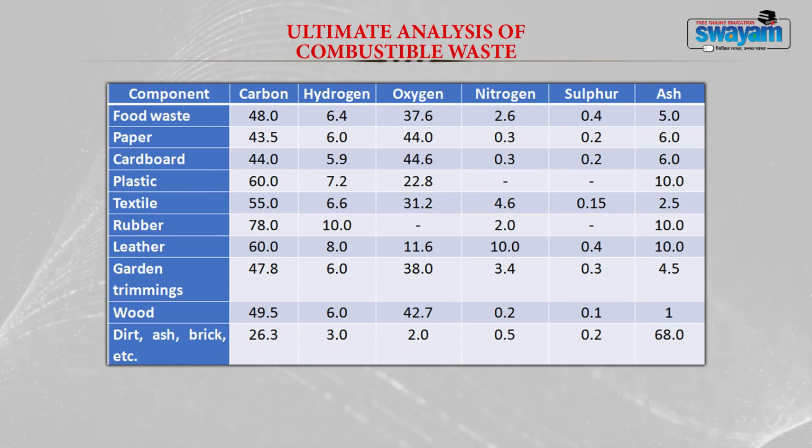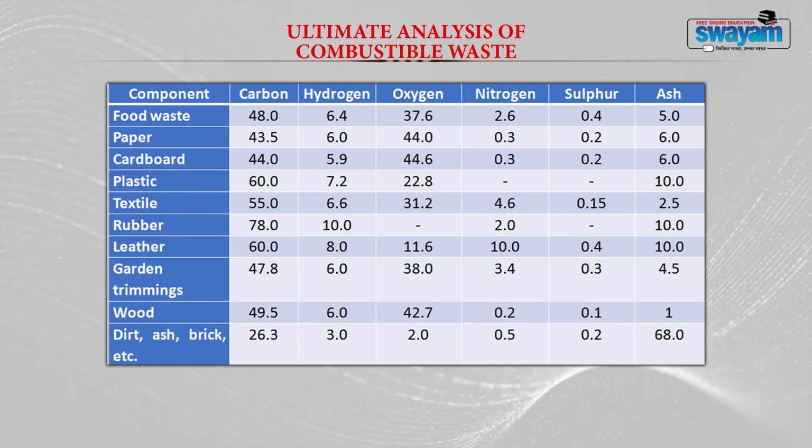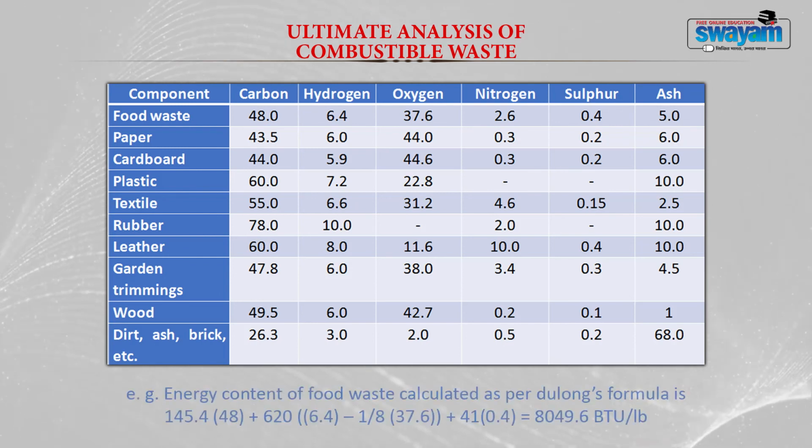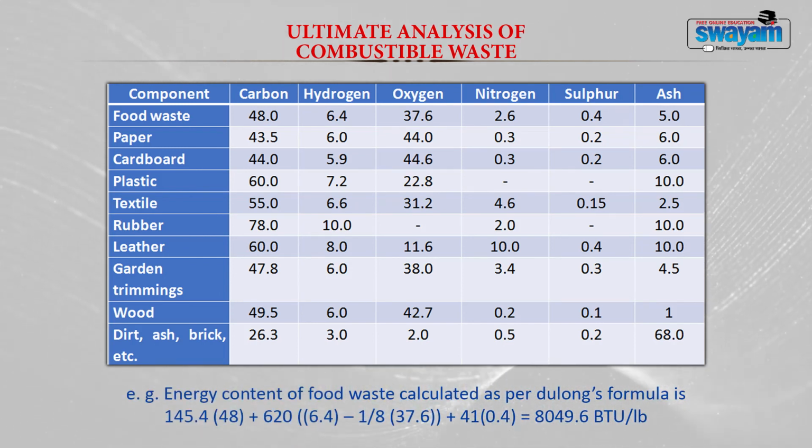Now, this table provides the ultimate analysis of the different types of waste being generated. Food waste has 48 carbon, 6.4% hydrogen, oxygen 37.6, nitrogen 2.6, sulfur 0.4, ash 5. So, if you take food waste as an example, what would be the energy content of food waste? That is calculated below the table, where you apply the carbon, hydrogen and oxygen values in Dulong's formula: 145.4 into 48 for carbon, plus 620 into 6.4 for hydrogen and 37.6 for oxygen, plus 41 into 0.4 for sulfur. So the total energy content present in the food waste is around 8049.6